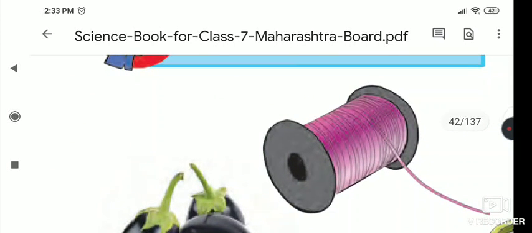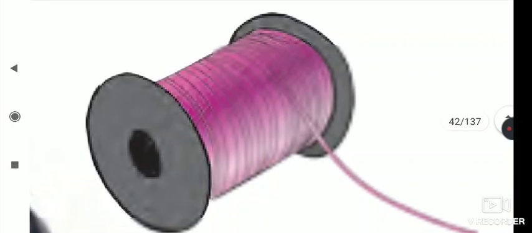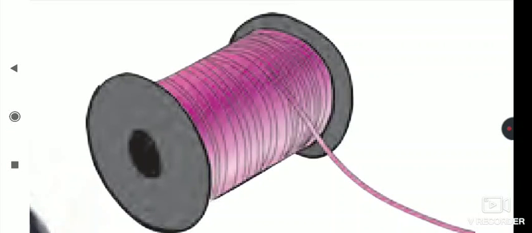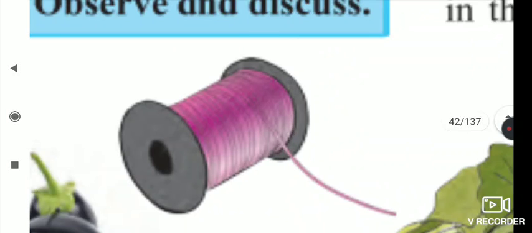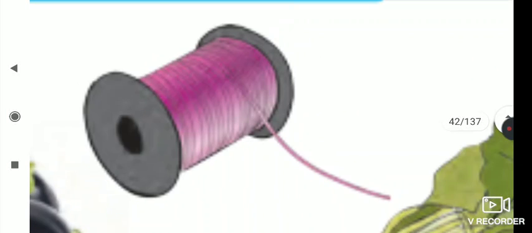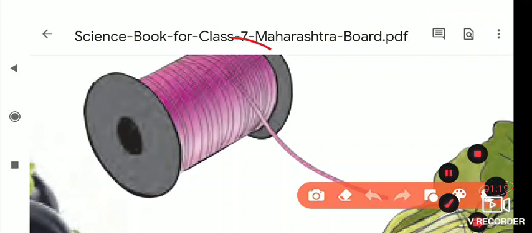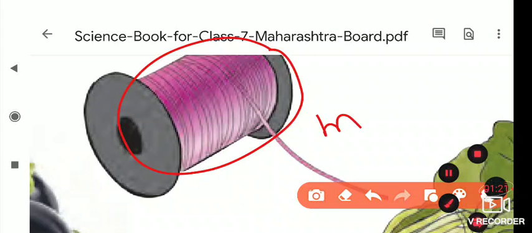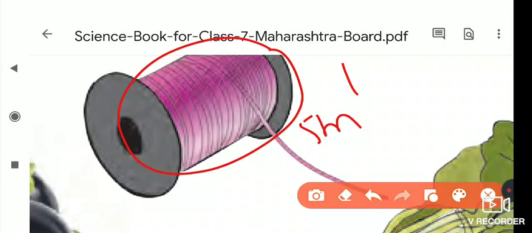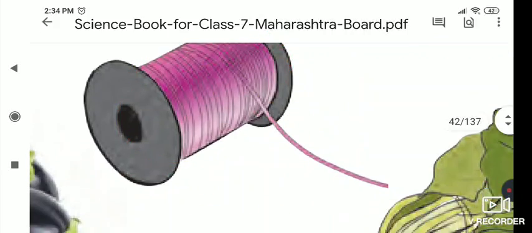Now here it is the thread. If you see here, this thread, otherwise ribbon, we are measuring by using the unit meter. 5 meter ribbon give, 1 meter thread, otherwise 10 meters of rope. In that way we are measuring thread or rope.